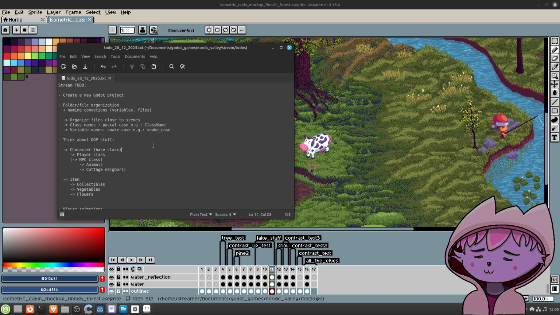But the question is, do we need something more than the character-based class? I mean, it's not a huge mistake if I forget some in-between class, or if I don't identify the base class correctly. It's not huge work to refactor that.